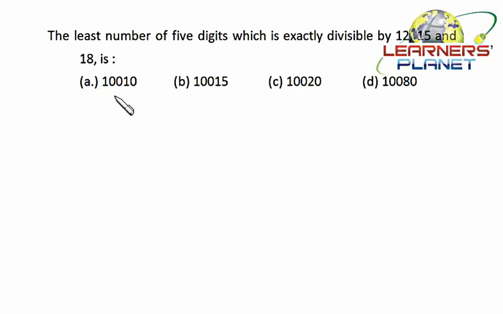Okay, now let's see whether option A is a multiple of them or not. So for option A, let's check whether it is divisible by 9 or not, since 18 is having 9 in it. It's not divisible by 9 since the sum of digits is 2 only, so it cannot be the right choice. Similarly, the sum is 5, 6 and 7 for the others, so they cannot be the right choice. And 2 and 1 3, even it won't be the right choice. So we are left with this, since it is divisible by 9 and it is an even number, so definitely it will be divisible by 18. Okay, and we are having none of the other options over here, so definitely it will be the right choice. No need to go for paperwork. Okay friends.